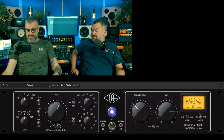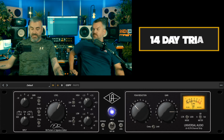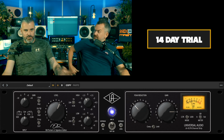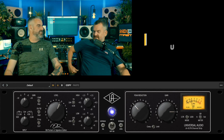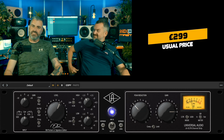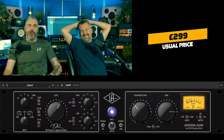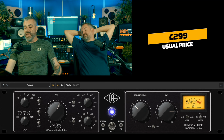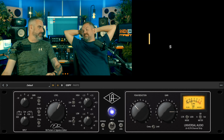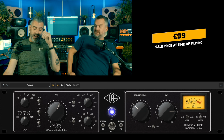Which demo. You can try it for 14 days, which is approximately 2 weeks, give or take. Then, price-wise, the standard price of this is £299, which is just, jeez, come on. That's insane. Nobody's going to be paying that. No one's going to be paying that in their right mind. At the moment in the sale, it's £99. Again, that's not terrible, but